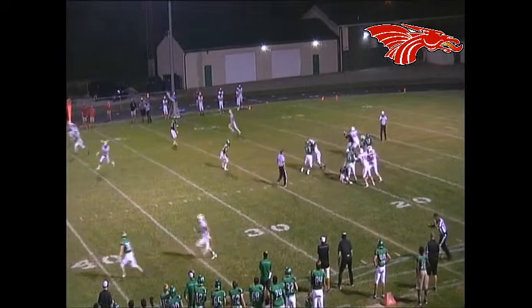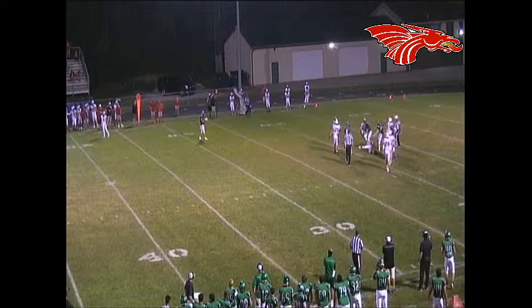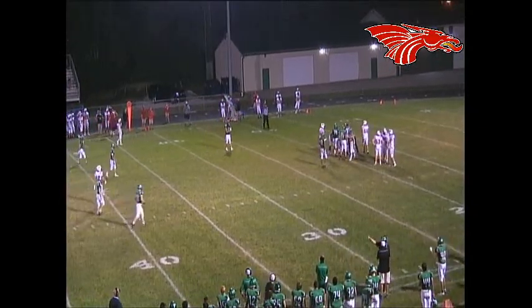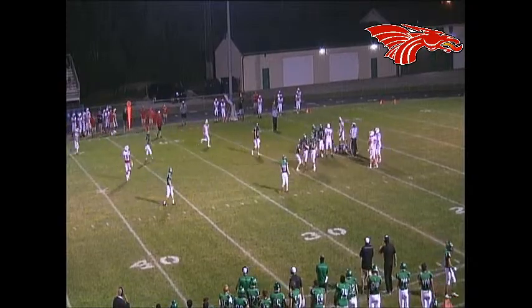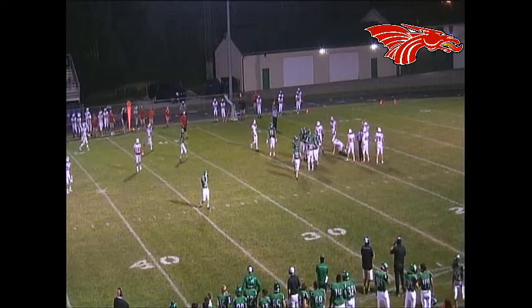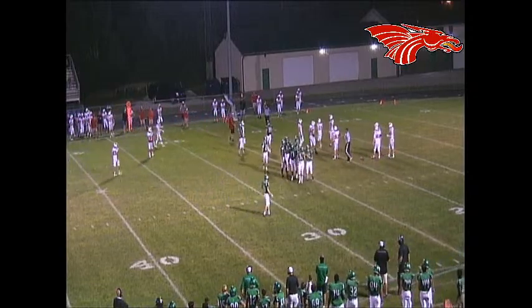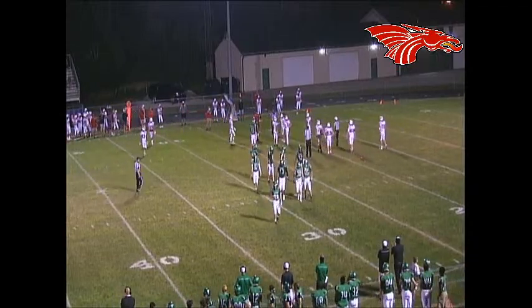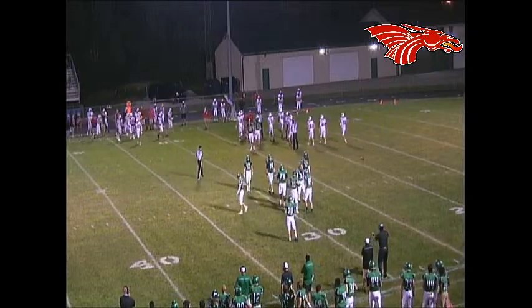Roth back to throw, rolls out. He has to get away from pressure. He's not going to. He's sacked for the 3rd time in the game. Jackson New, the sophomore, comes in on the sack. And the Dragons go backwards, and there's a player down. It's Lincoln Roth, and he's getting up a little gimpy. Not what you want to see this week, or any week for that matter. So Roth will